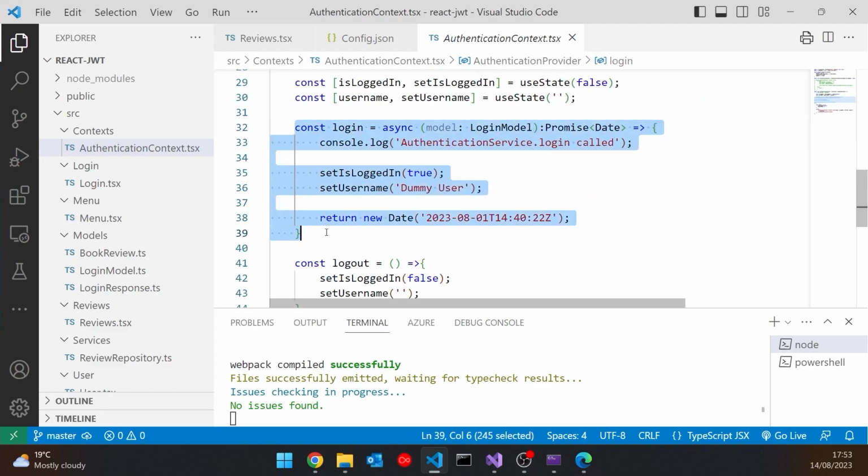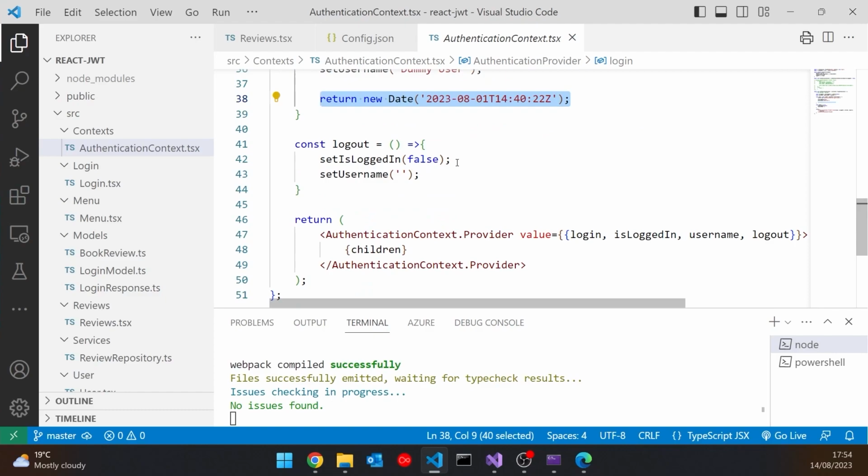Then we've got our login method, and all that does, it just logs that so we can see what's going on if we want to look in the console, sets the logged in to true, sets the username to dummy user, and sets the return date to just a fixed date. And then the logout simply changes the logged in state to false and the username to blank.